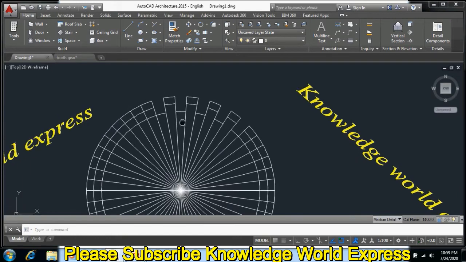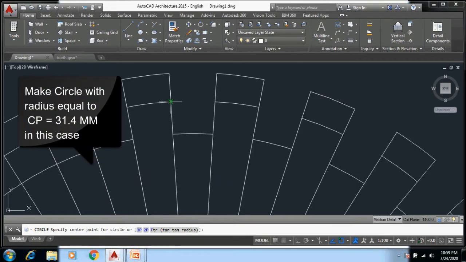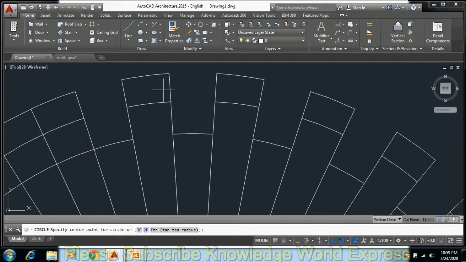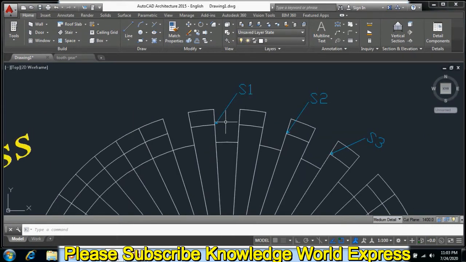Now we will make a circle with CP upon 8 radius, that is CP. Now we will make a circle in these points, using S1, S2 and S3 as centers.